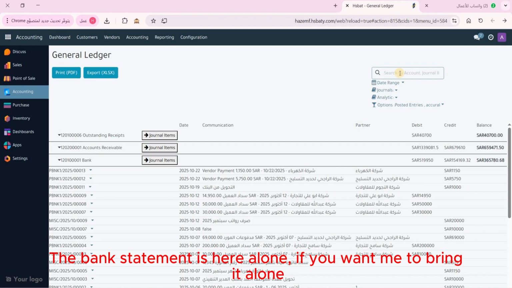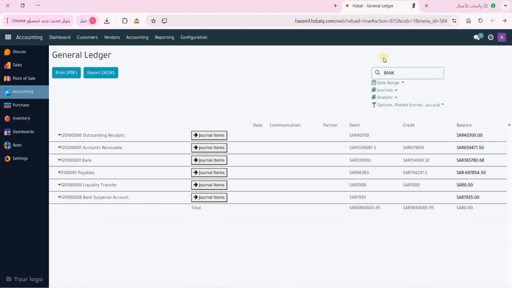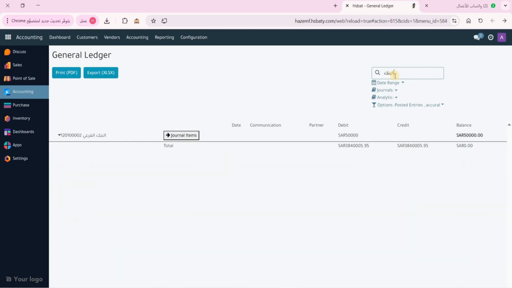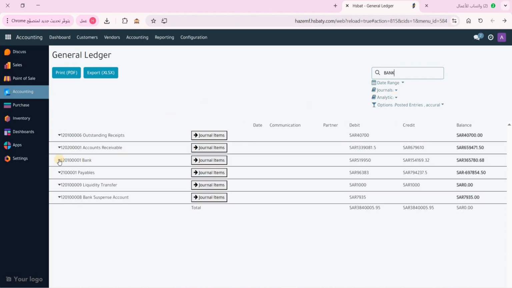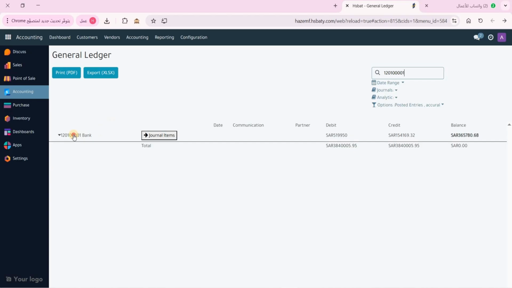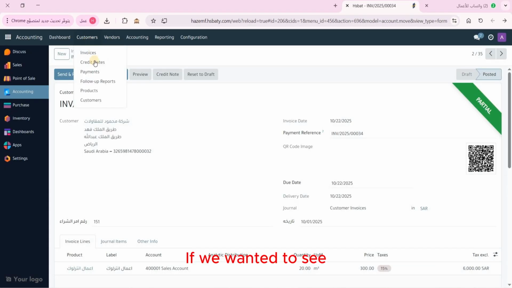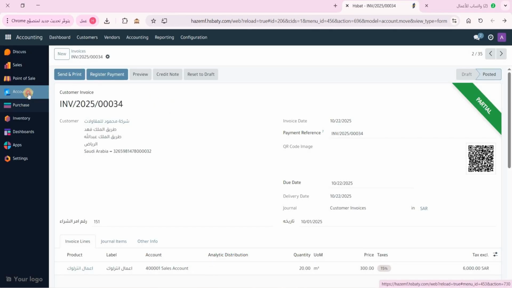On the bank side, we can bring the bank statement here alone, if you want me to bring it alone. The account number comes here by himself. I can download it this way, of course. If we wanted to see the payments we made before,